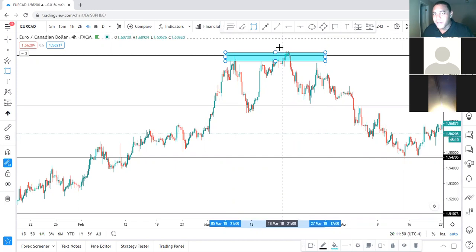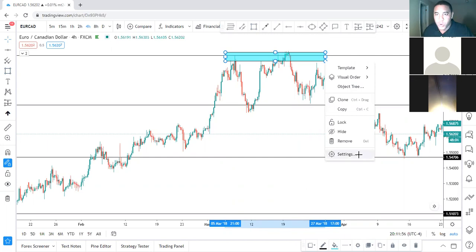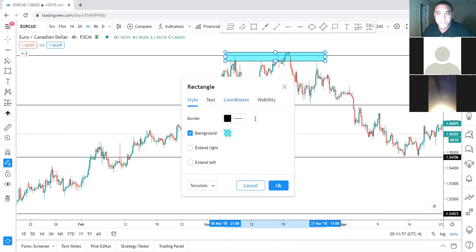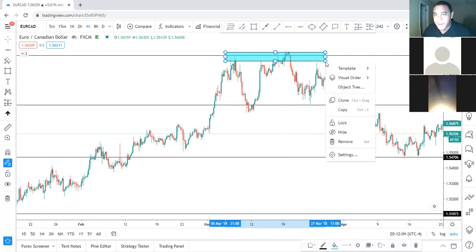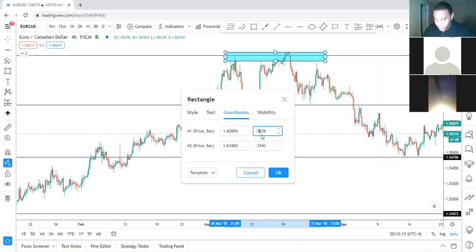I would love to have some candles above so I can draw an accurate zone, but don't worry about being too technical. Just do what feels right for you right now. I know I kind of skip over this one, but what I do is right click on one of these white circles so that I can edit it. I go to settings and coordinates, and I change one from a negative number,